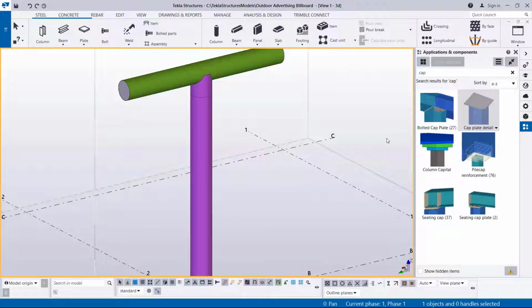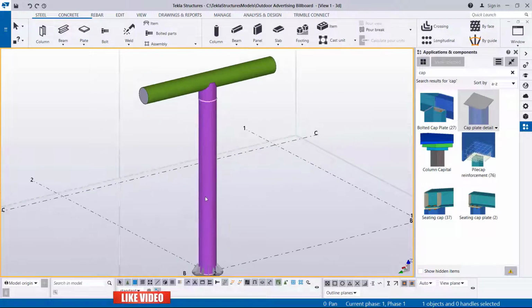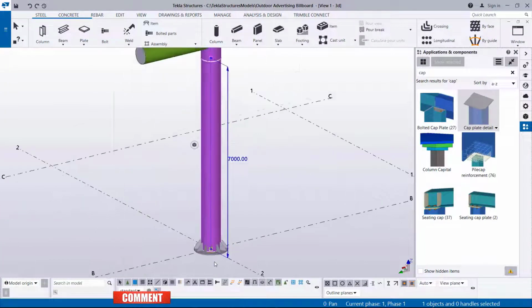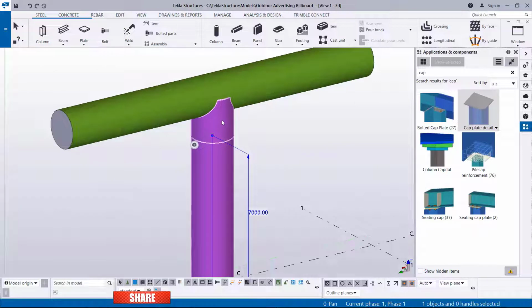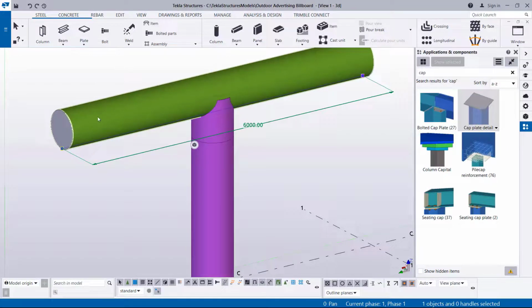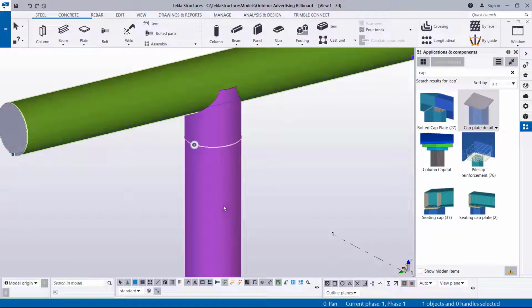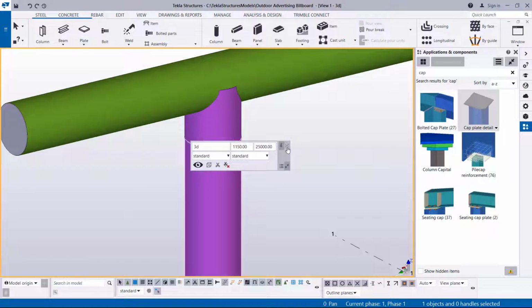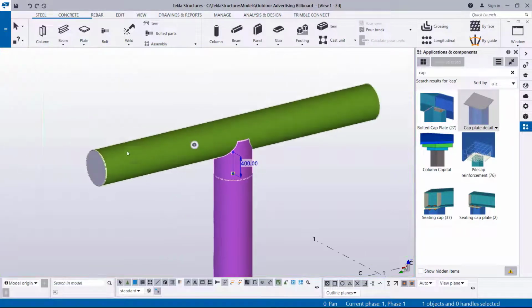Welcome back to part 3 on how we can create an outdoor advertising billboard. Now we had created this column and the base plate here, and this 400 millimeter height column that will be offering a connection between this member running horizontally and this particular column. In part 3, we want to create a connection here and also place members on top of these